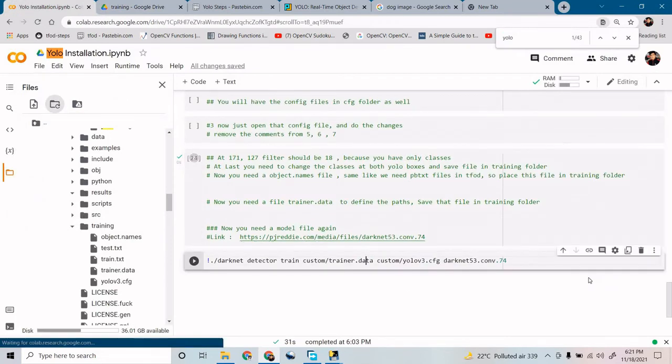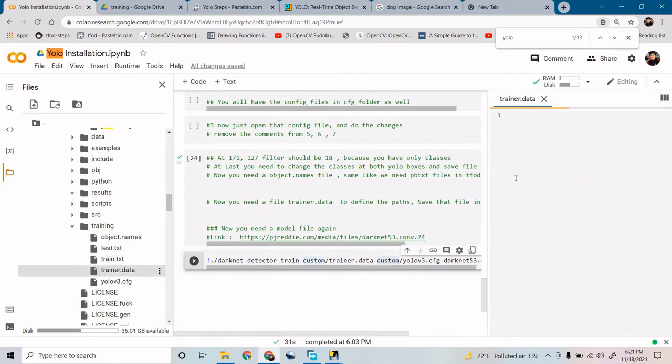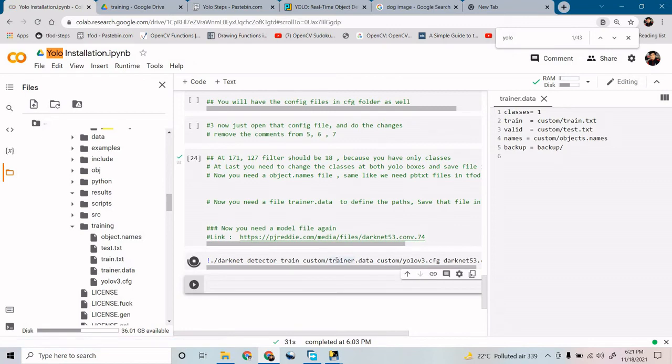Now you need to hit this command only: darknet detector train. Inside a custom you have trainer.data and configuration files. I think custom should not be there. Let me execute this and see.